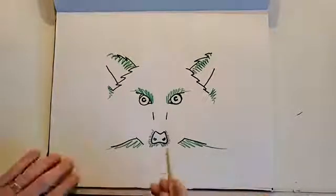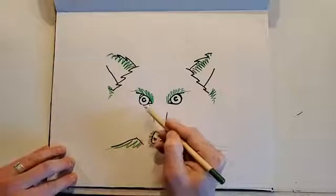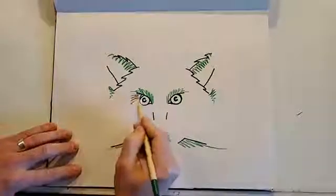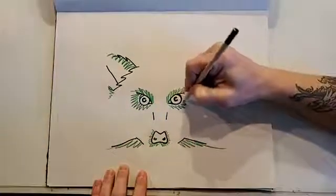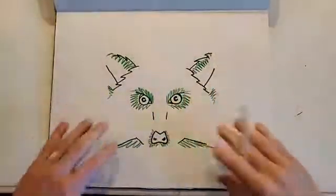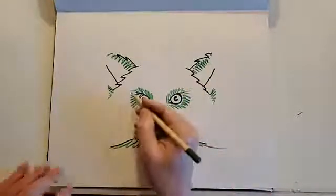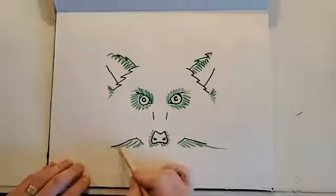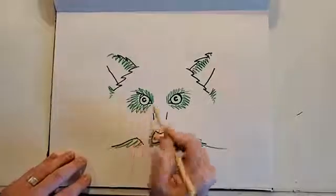Now, in keeping with the spirit of using my pencil stroke to help my imagination guide the angle of his fur, I'm going to do the same thing under his eyes. This is just cueing me up for the angle of this fur that's going to come out. And I'm kind of going to do this technique I just did a few times as I head down towards this line, but I'm not going to connect here. I just want to get some dark in